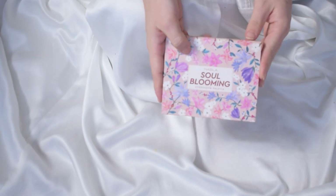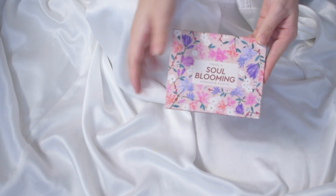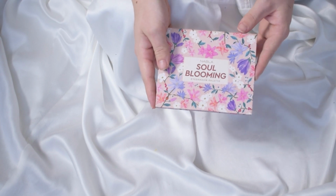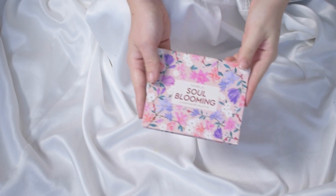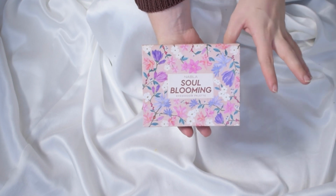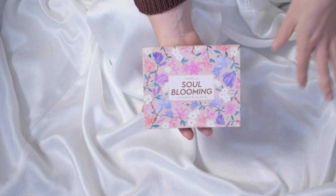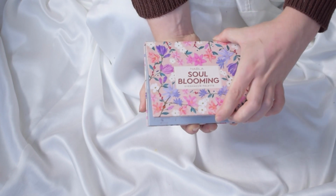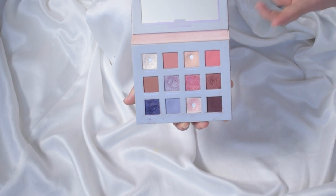Then, being as obsessed as I was with Nabla, when they brought out their Soul Blooming palette, which is this one right here, I lost my shit. I lost my marbles. I lost everything when I saw that they were coming out with this palette. First of all, the packaging is so insanely stunning. I love the packaging of this. Soul Blooming, also beautiful, but then you get to the inside and I was